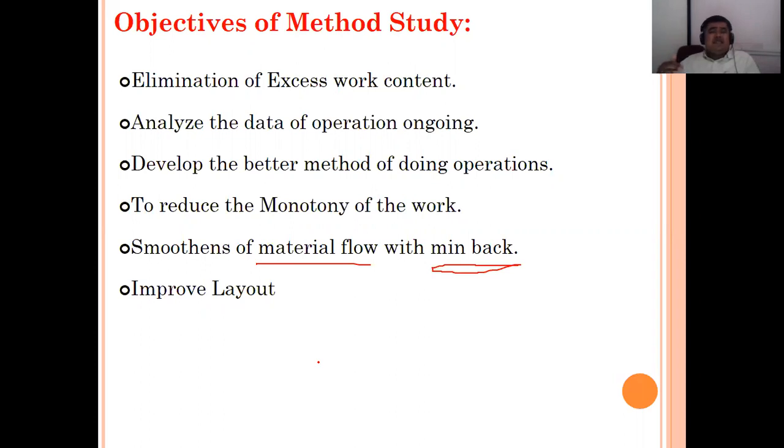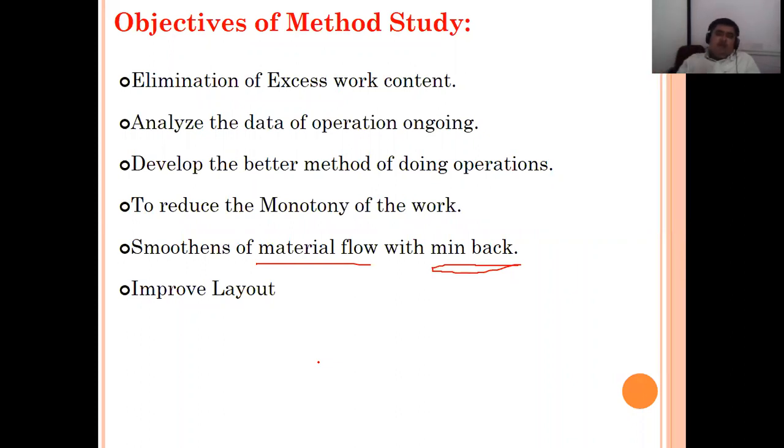If that worker says turning is over and the job is going to the next operation, and next it is found that no, 0.1 or 0.5 mm turning is still required, and again that job is coming to the turning machine, so that back is there. That is called back of the job to the operation once again. So that should not be there, because if that worker has completed that turning job, it is sent to the next machine for the next operation, but the next operation is not done properly because turning is remaining.